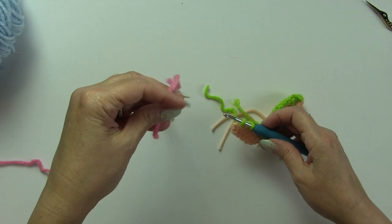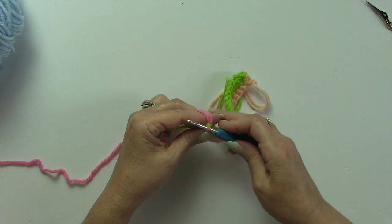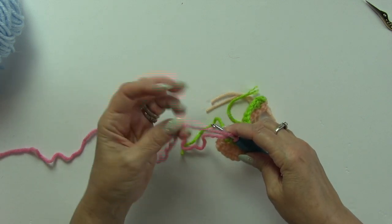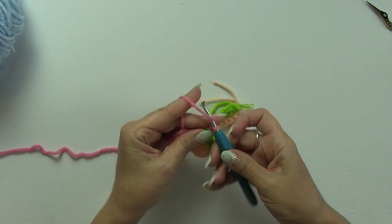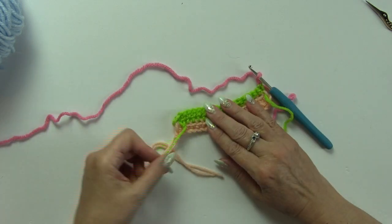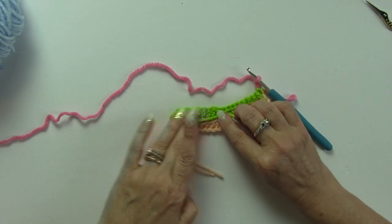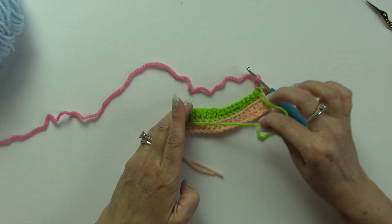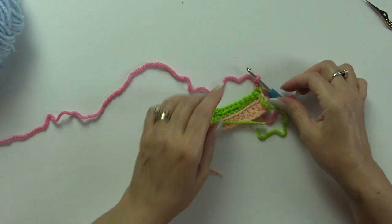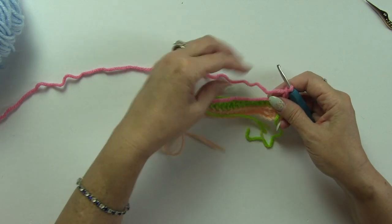Just like we did before, we're going to grab our new color, pull through, okay, we're going to chain 2. One thing that I didn't pay attention to was I left the tail out. So forgive me for that, but we're going to try to remember to do it with this one, okay? So let's put that tail laying down right here, and we're going to